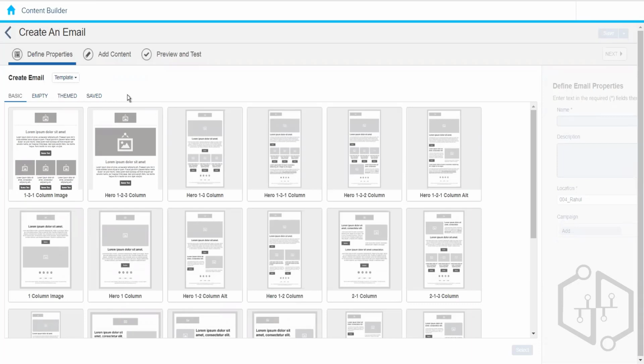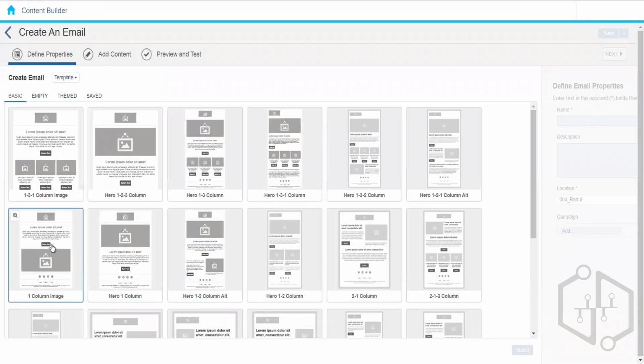Similarly, we saw the HTML email-based messages, which are completely blank. We don't have anything to start with. We don't have any base structure. We don't know where to put images, where to put text, where to put buttons. In template-based, we have four different categories. The first one is the basic one. In the basic one, it gives us some layout. Layout means it will give us some alignment. Here you can put some images, some text, but these will be empty blocks. They won't be anything, but it gives us an idea of what type of content block we can place over here. For example, if I go with the one column image